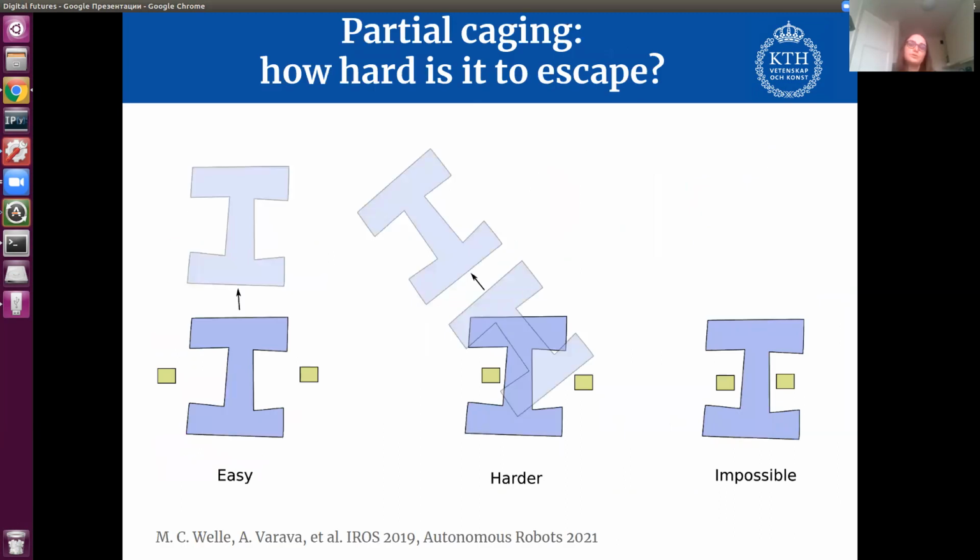Okay, but what if now we want to generalize this problem a little bit and say that we allow partial cages? So that means that we don't want to fully restrict the mobility of the object anymore, but we just want to restrict it to a certain extent so that it's hard. It's basically difficult for the object to escape. And this problem becomes even more complex because now we introduce this notion of flexibility of a cage. So we're not talking about full cages anymore, but we also talk about cages that can